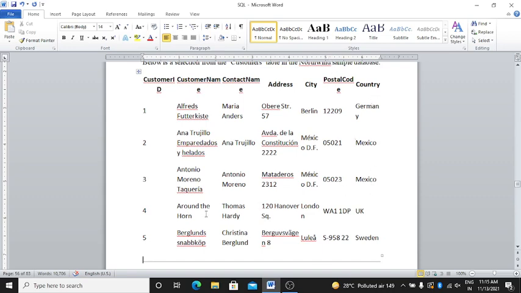There are five customer IDs. Read these names, all the data, one time.